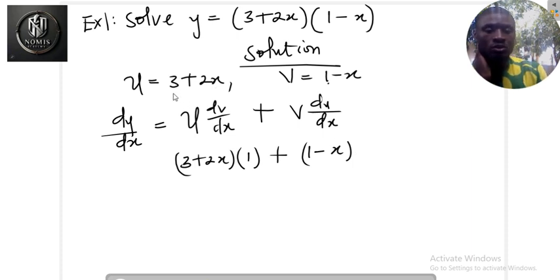When you differentiate u, this 3 becomes 0, and then 2x becomes 2. How? Because there is 1 here. So when that one comes here, 1 multiplied by 2x gives me 2x. Then 1 minus 1 gives 0, making x to have a superscript 0. Now that superscript makes